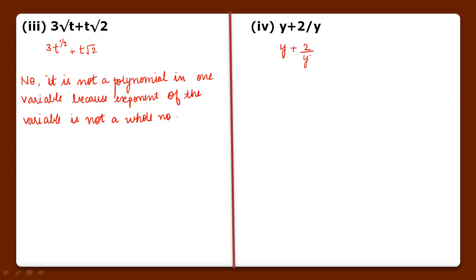2 upon y. Here the power of y is 1, but it is in the denominator. When we put it in the numerator, we get the power inverse, that is, negative. So it is in one variable, that is y, but the power or exponent of the variable is not a whole number, it is a negative number. So we can write the same reason here. No, it is not a polynomial